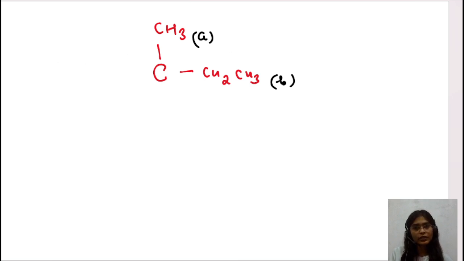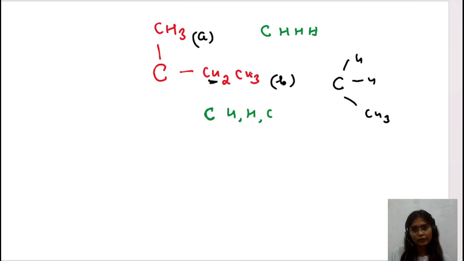If you have to note it here, this is my carbon. This carbon is connected with hydrogen, hydrogen and hydrogen, right? Now look at this. This carbon is further connected with hydrogen, hydrogen and then carbon. Listen, if you have to check this carbon, it is connected with hydrogen, hydrogen and the CH3 group there. So if you focus on the atomic number first, this is hydrogen, this is hydrogen, this is carbon. That is the meaning of what is written here: hydrogen, hydrogen and carbon.